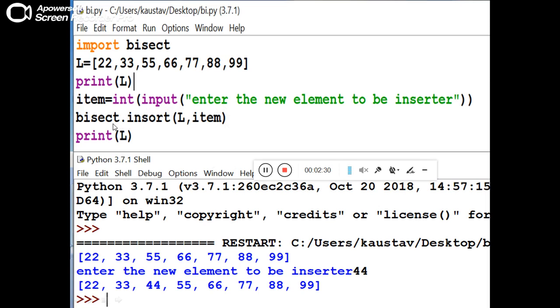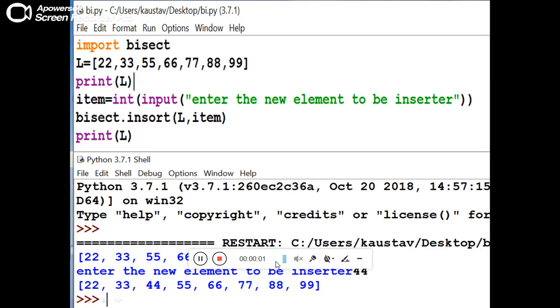After taking the input, I use the bisect.insert function, and I pass the list and the item. It will find the proper index where the item should be inserted, and it will insert it there. What does the bisect.insert function do?